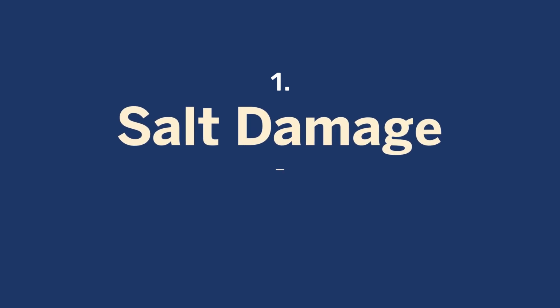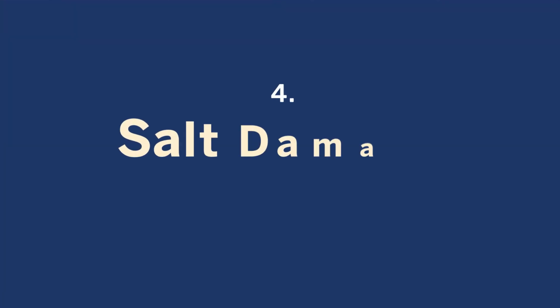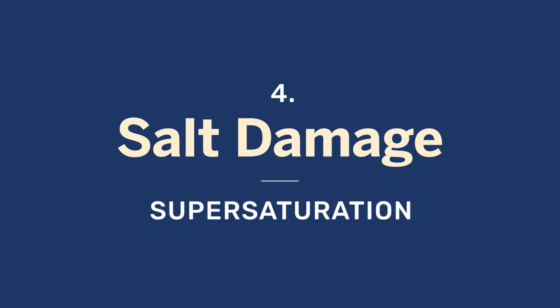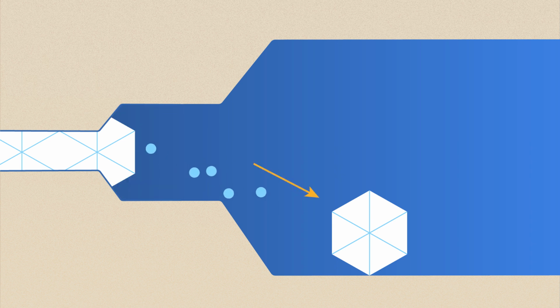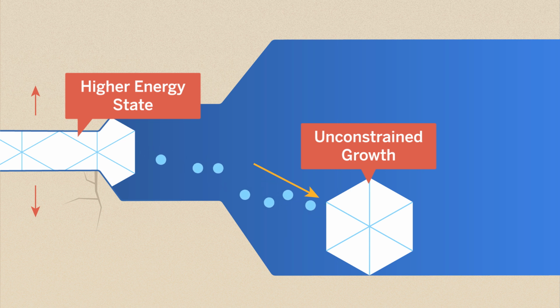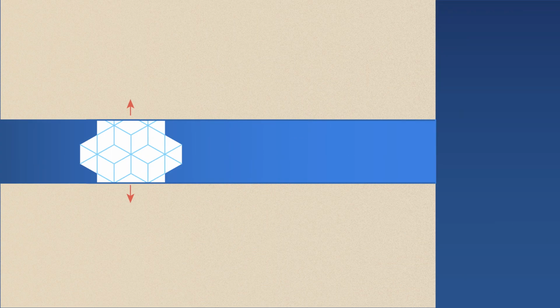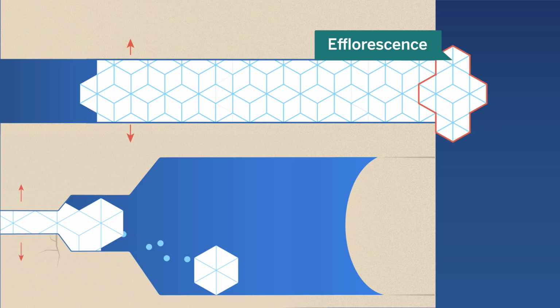In previous videos, we saw that crystals growing in porous materials can cause damage depending on the level of pore filling and the supersaturation. In this video, we discuss how dangerously high supersaturations may develop. From a thermodynamic point of view, a crystal exerting pressure is in a higher energy state than one growing freely. So, when possible, crystals will grow out of the porous material as efflorescence or inside of the material in large,